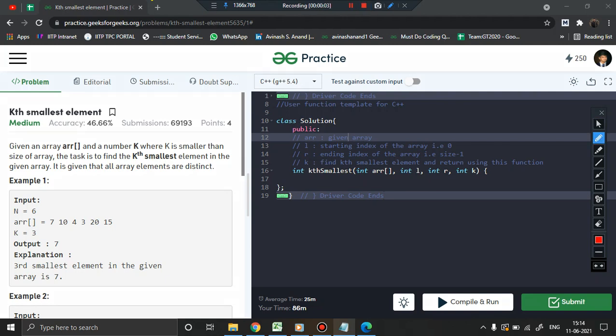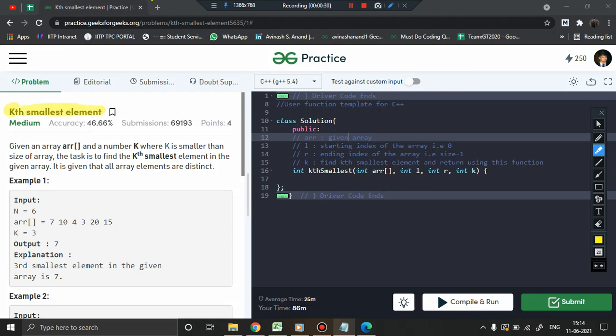In this particular video, we'll be discussing a new and very important problem from heaps, right? This problem can be solved with various approaches, but as we are focusing on the heap playlist, we'll try to solve it using a heap. We shall discuss two approaches, but before moving on, let us first understand what the problem actually is. The problem is to find the kth smallest element.